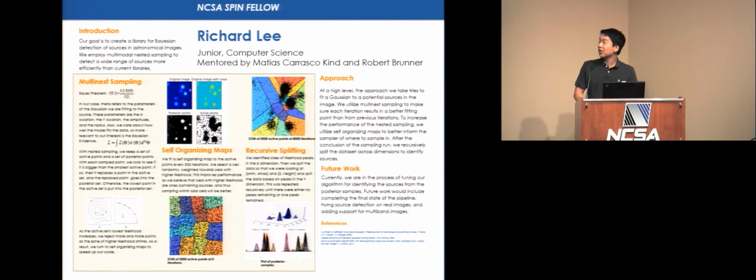I don't have an image to show what it outputted, but in more recent experiments, we were able to be pretty successful in detecting the sources in the image. And so future work we plan on doing